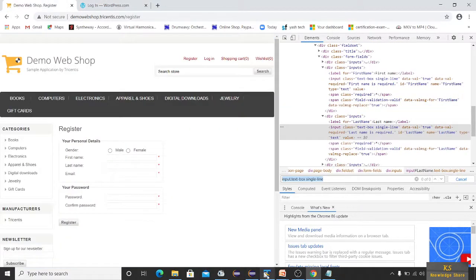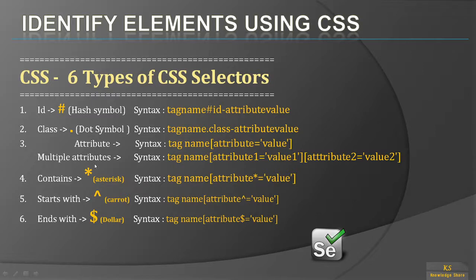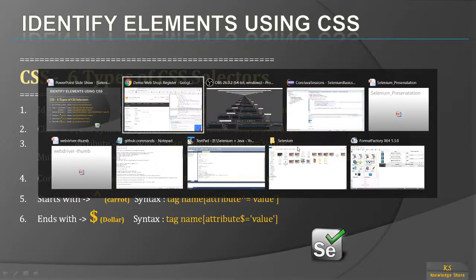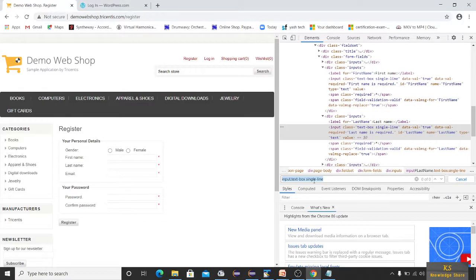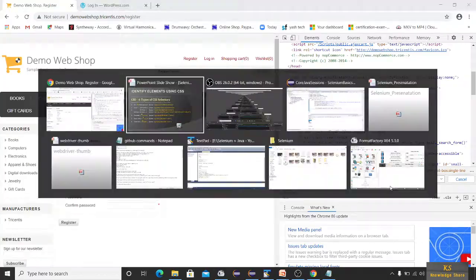Okay, now we will identify an element using multiple attributes. Attributes means same tag name, attribute is equal to value. So let me switch back, and now tag name input, and what is my attribute?